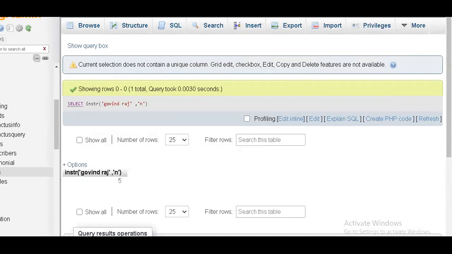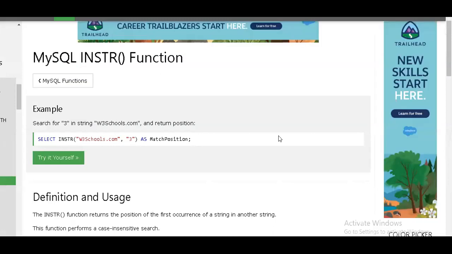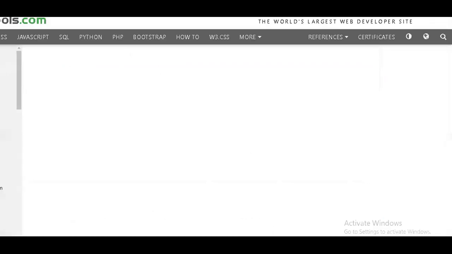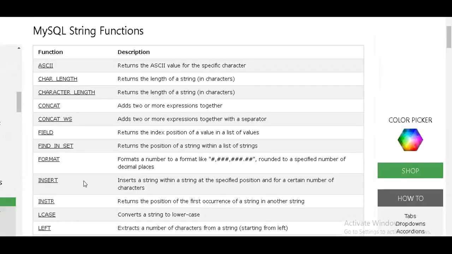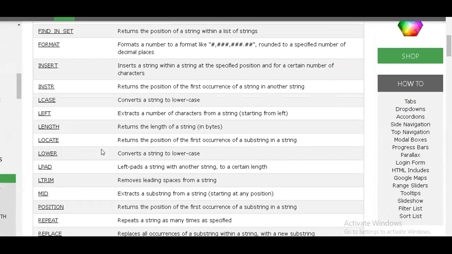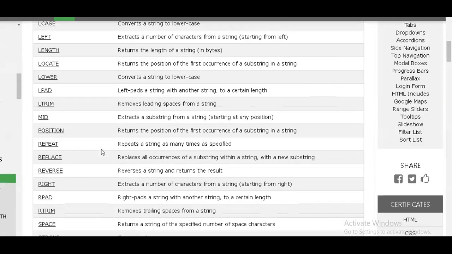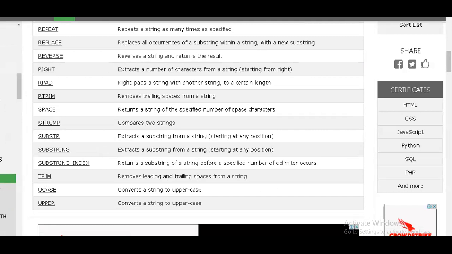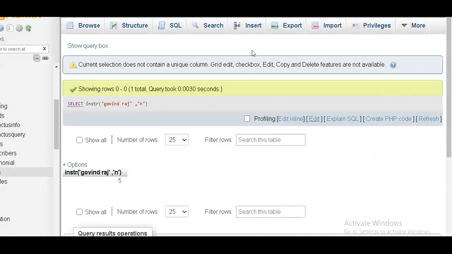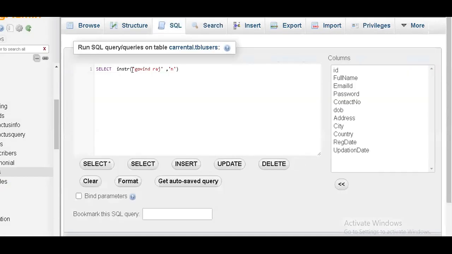Then what are the commands left over? So instr is there, left is there, right is there, mid is there, reverse is there. Okay, let's see the reverse. We'll see the reverse of the word.